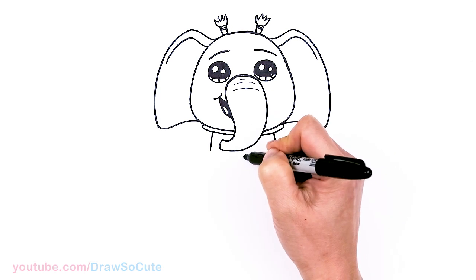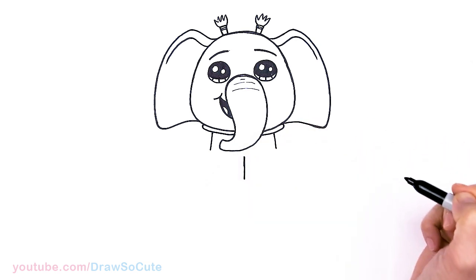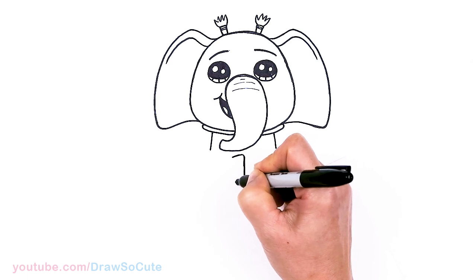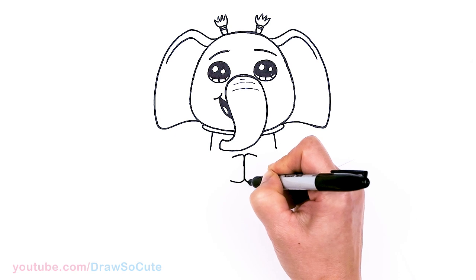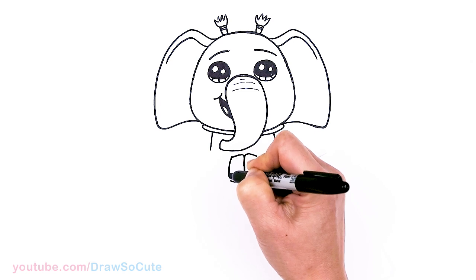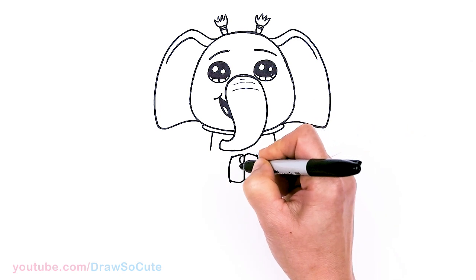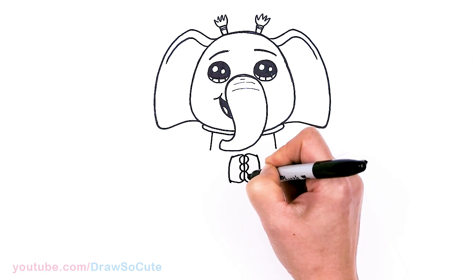So right in the center, about right here, I'm going to give myself a straight line. So say about that much. And I'm going to round it off to draw her hands. Round it off. So same thing on this side. Right there for her elephant hands, and then about right here, we're going to cut it off with a curve. And cut it off. And let's come back in here and draw 3 curves going down, and same thing here